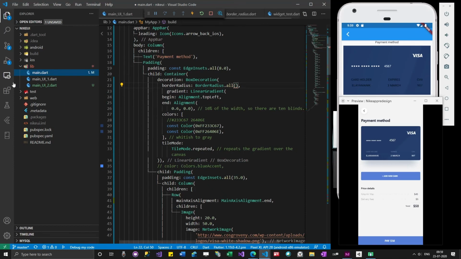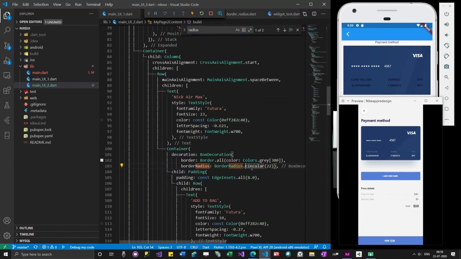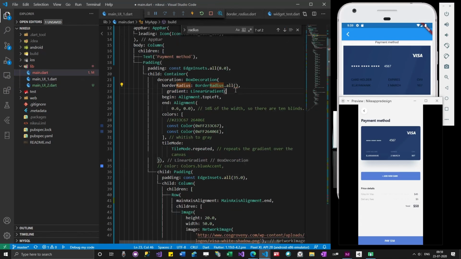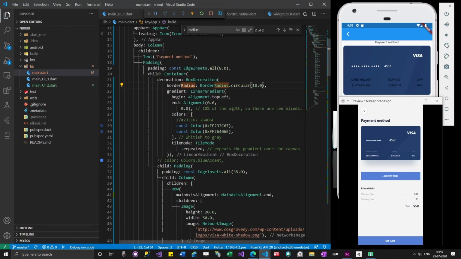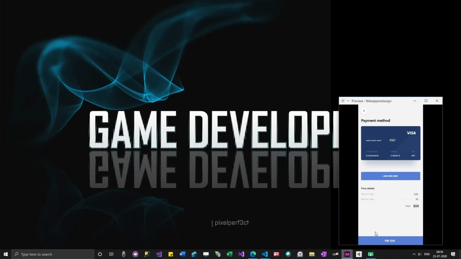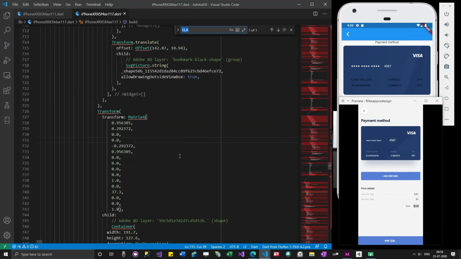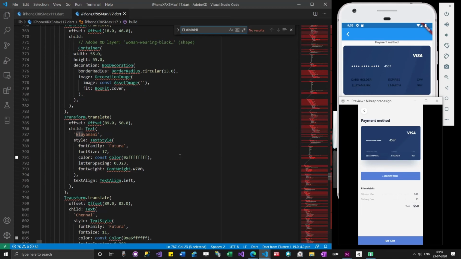So I'll just check how I added it yesterday. Okay, so we got that. So styles, you can actually get from the text. For example, here is the style for the text.